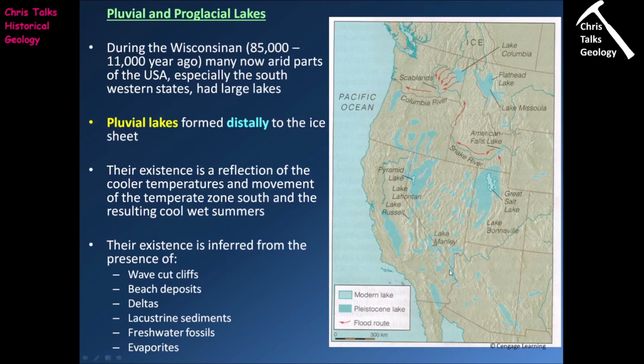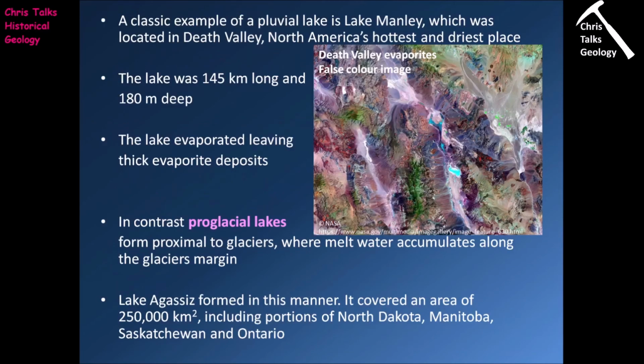So you can see there's been quite a substantial change in climate in that area since the last ice age when compared to the present day. So the classic example of a pluvial lake is Lake Manly, which was located in modern day Death Valley. The lake itself was 145 kilometers long and 180 meters deep, so it was a very substantial body of